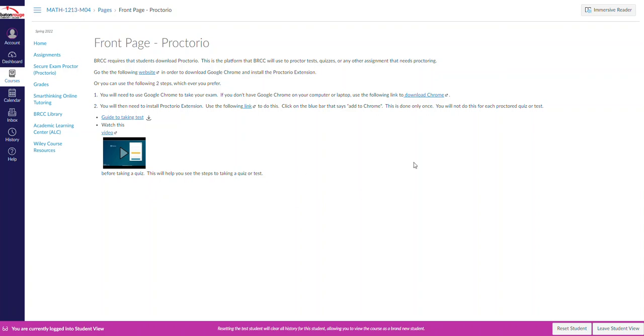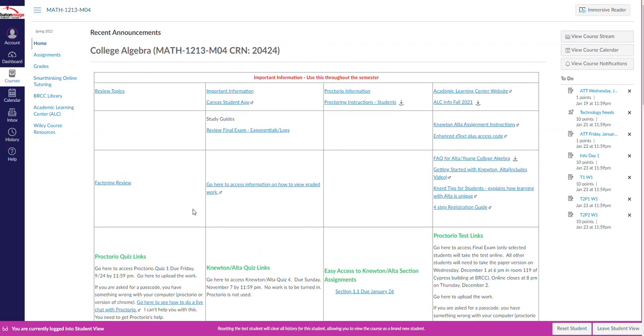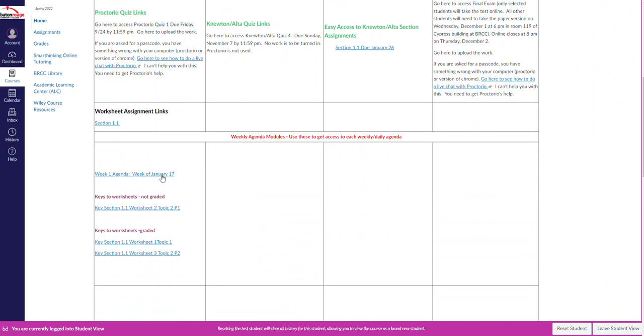Now, when you get into Canvas, you see right here, the Secure Exam Proctor, Proctorio. You click on this, and let's see, it's still turning. When you click on this, see mine's already on, so Secure Exam Proctor plugin successfully installed. Please return to your course. If you don't have it installed, there'll be some information here on how to install. So let's go back to the home page. I'm going to go back to week 1 agenda,